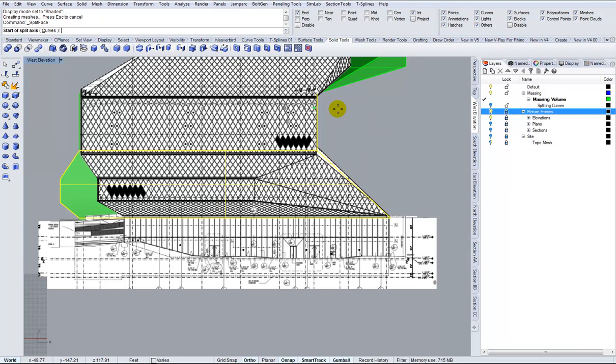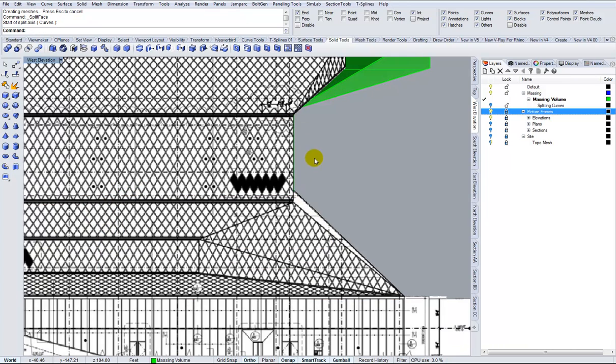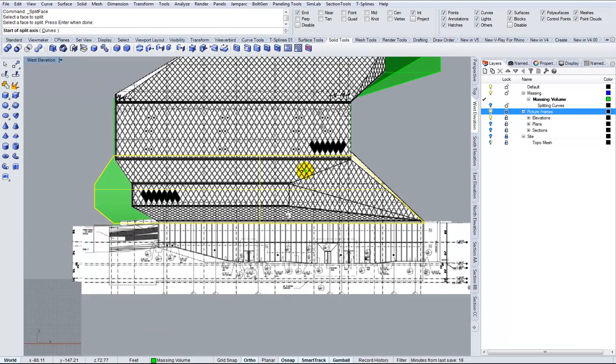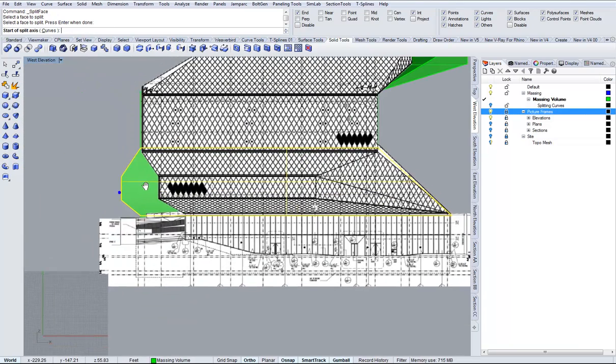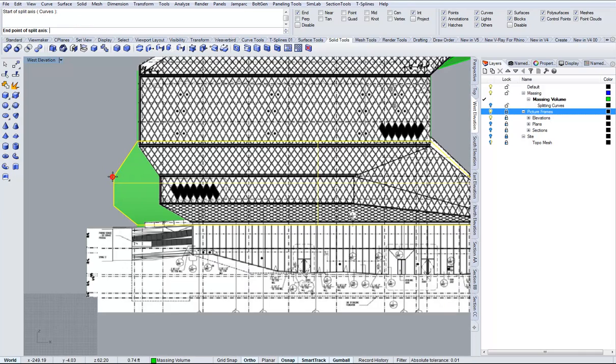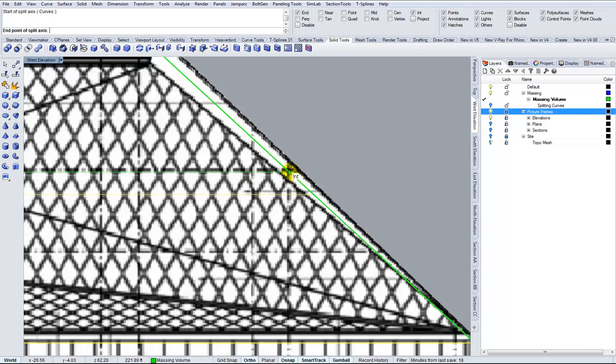start of the split axis, and actually I want to undo that because I still had this sub-object selected. So I'm going to zoom out and run the command again, split face, face to split, hit enter, and now I can draw them. So I can ignore this right here and just go with this and resize as necessary. I'm going to go with the corner and run it all the way to the intersection,